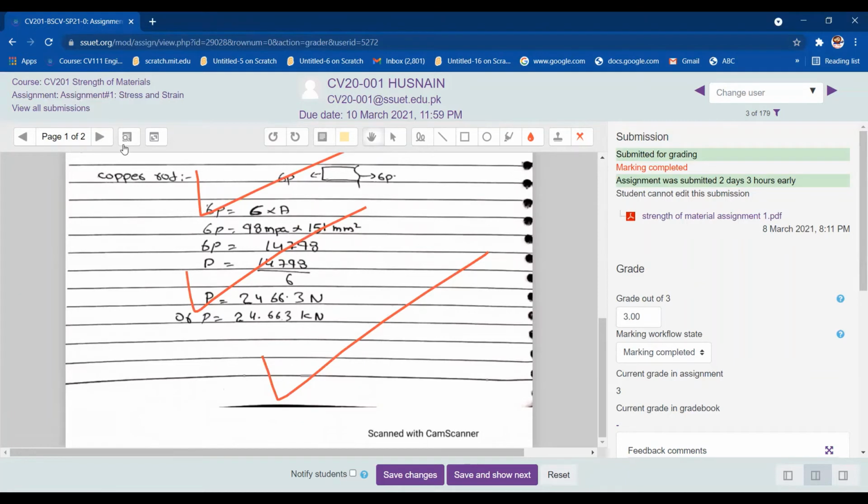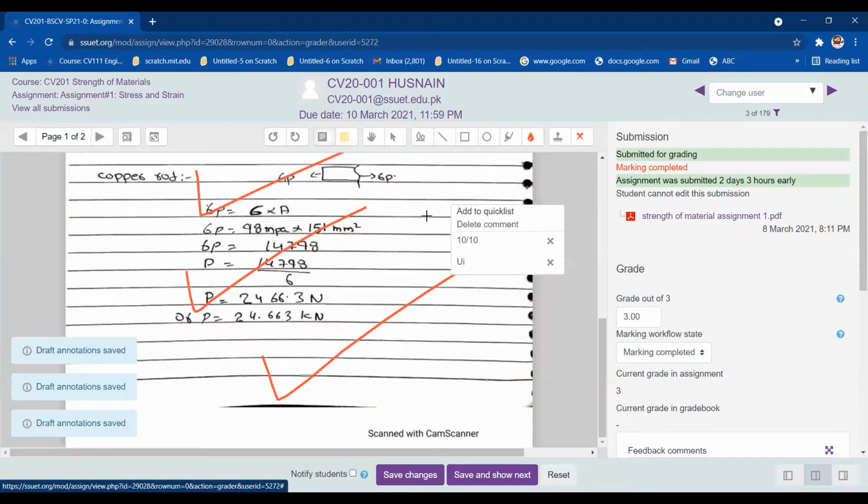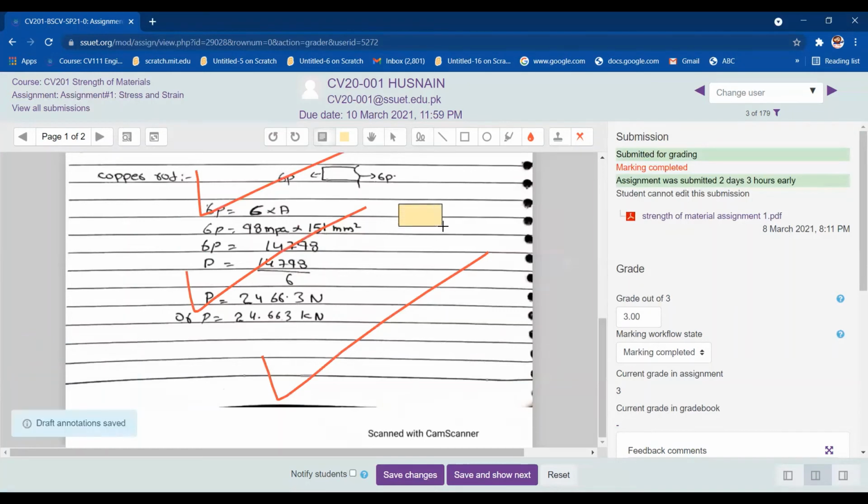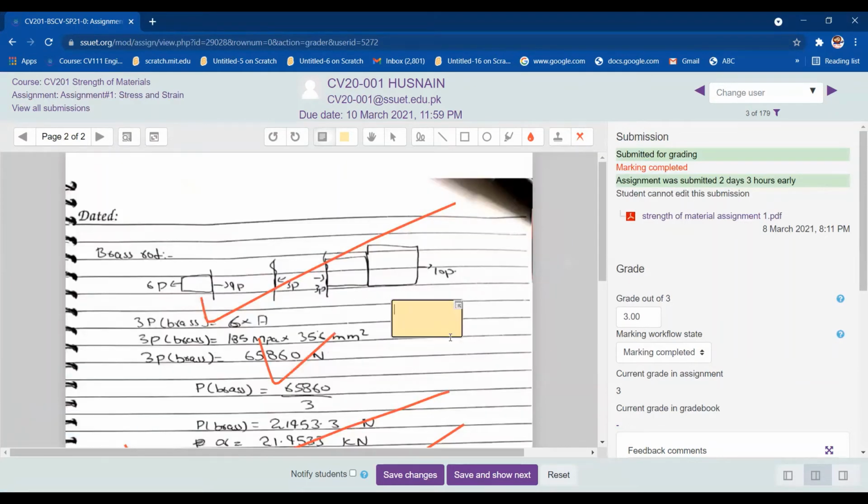For example, if you want to put the marks here and write down the marks with this, you can do it. But the good thing with the comment box is that you can see the marks whenever you want. For example, if I have checked this copy, I am giving this text box for question 1. He got, for example, 7 out of 10. Then I move to the next page, and this is question number 2. So I can put question number 2, and he scored 5 out of 10.